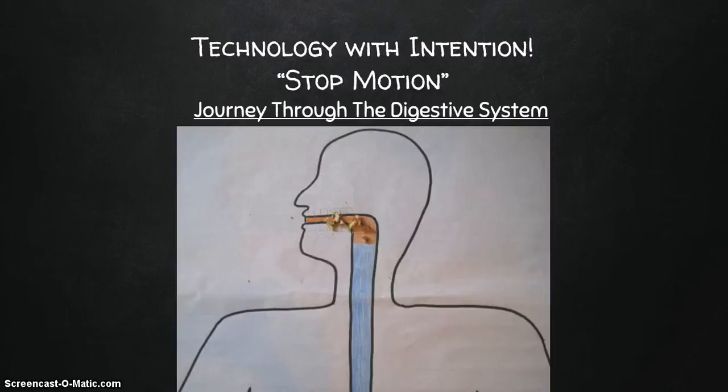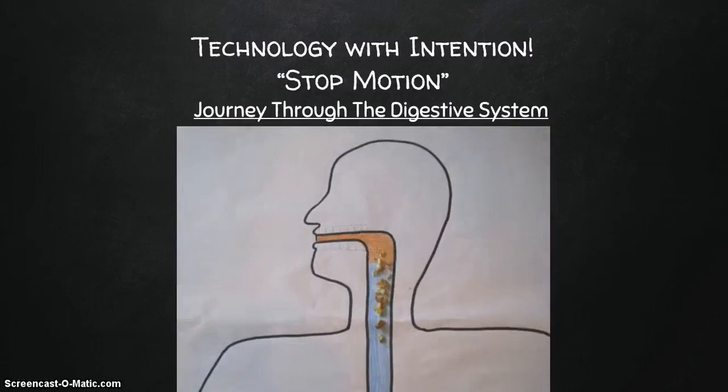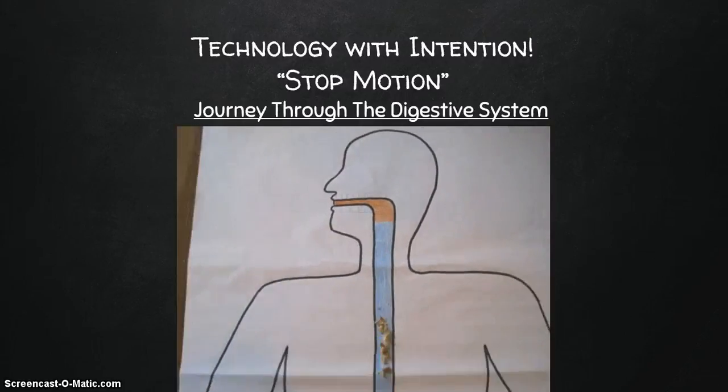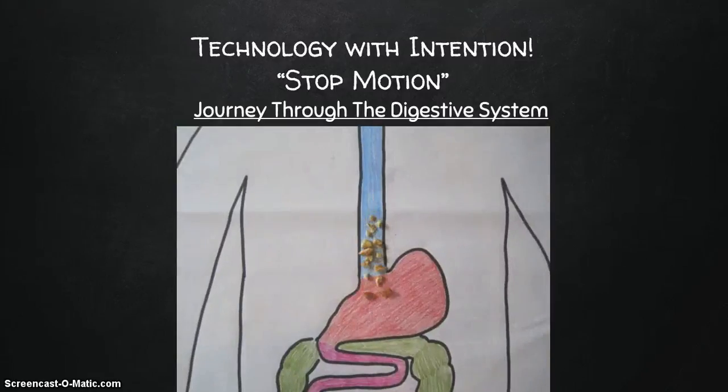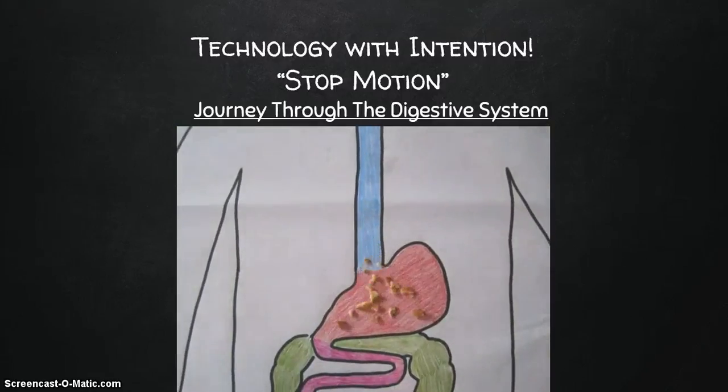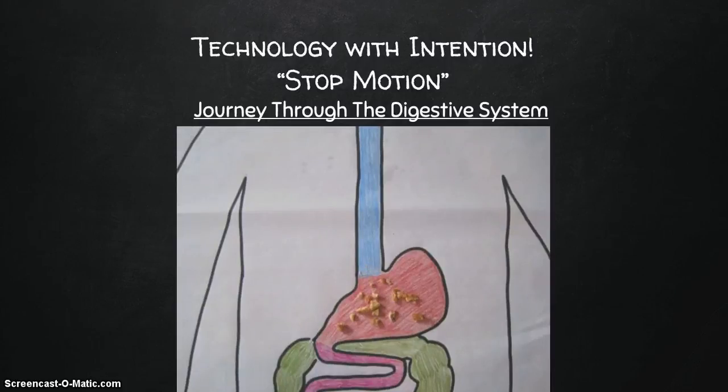Once the food is broken down enough to swallow, it enters the esophagus. The esophagus is a long tube that has smooth muscles all around it. The muscles push the food all the way down into the stomach. At the end of the esophagus is something called a sphincter. The sphincter is a valve that opens and lets food into the stomach, but closes before stomach acid comes up